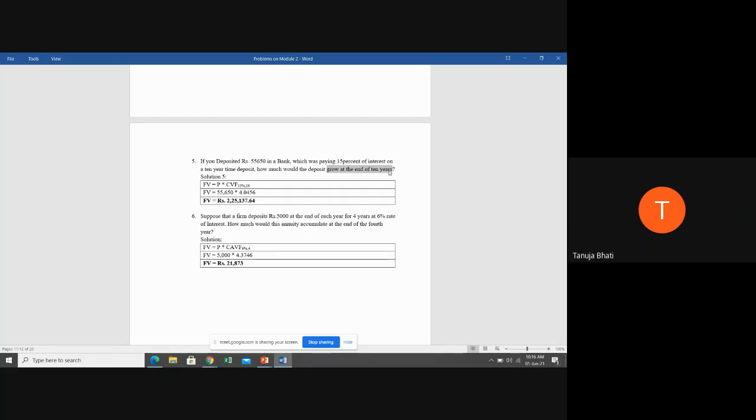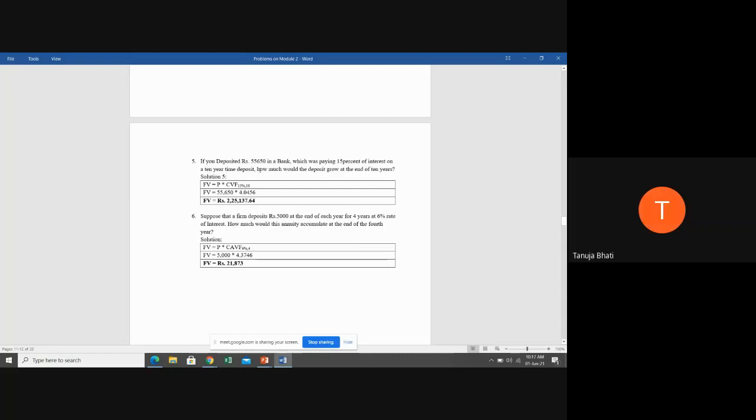Okay, so then you need to understand whether they are asking future value of a single cash flow, multiple cash flow, deferred annuity, or annuity due. So can anyone tell me under which category it is falling? Future value of which cash flow are they asking in this? Can anyone tell me among future value of a single, multiple? Yes? Deferred annuity.